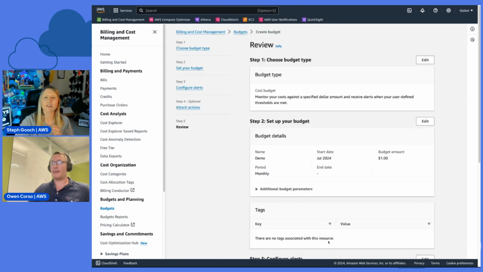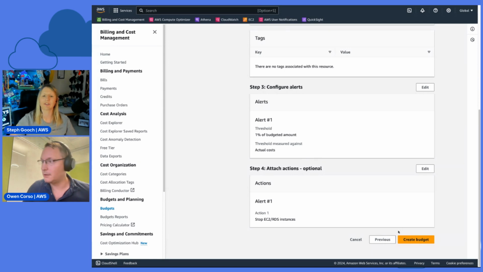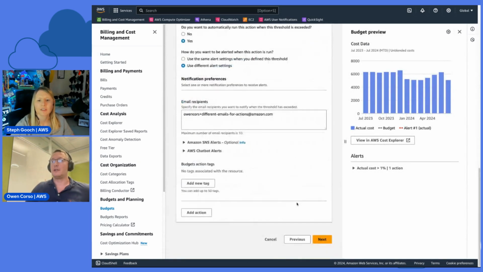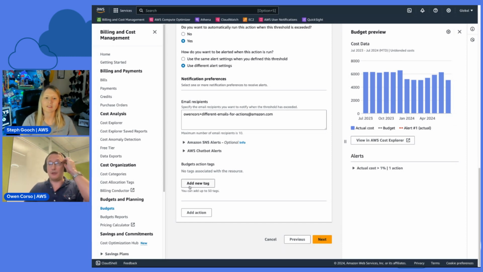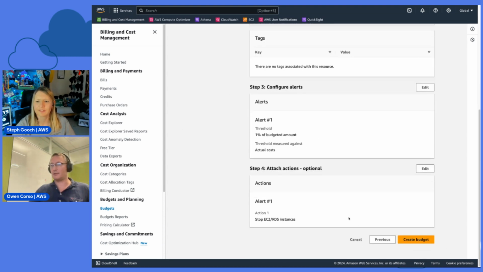And the tags, does that tag the resource, or is it a tag for the action? Good question. Because a budget action is actually a separate resource than a budget, you can add different tags to the budget action resource. Okay. And this is a new feature. We just launched tagging, but we hope that'll further enable you to see what's going on and give teams visibility into the different resources that belong to different teams, apps, and so on.